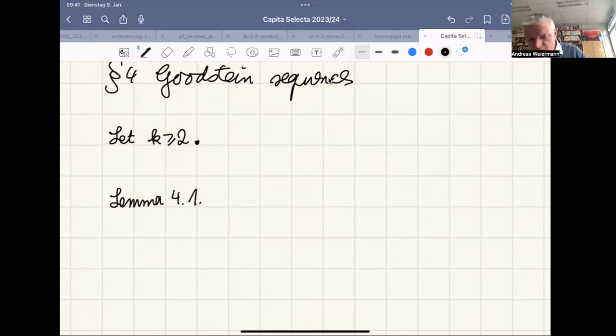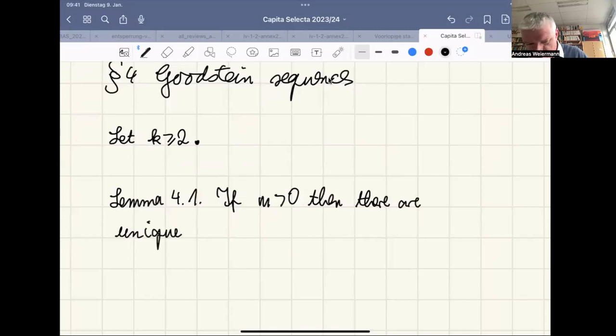Well, we define what is the normal form of a number. If a number m is 0, then 0 is its normal form. But if m is bigger than 0, then we find unique numbers p, q, and r such that